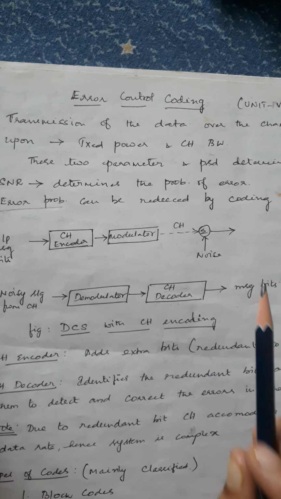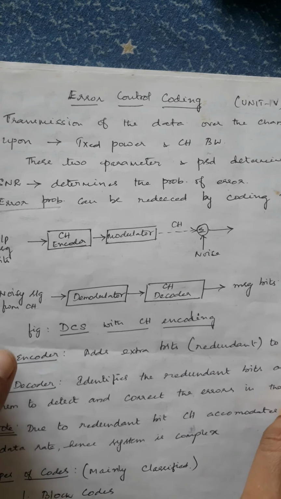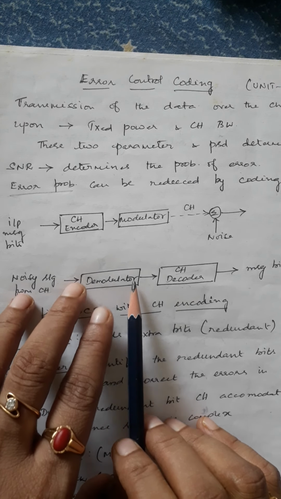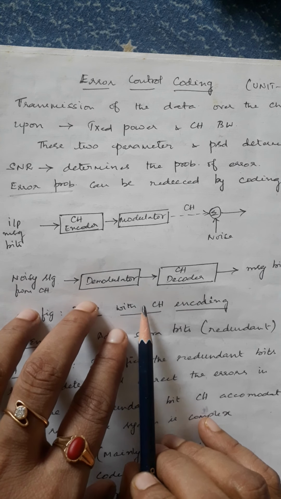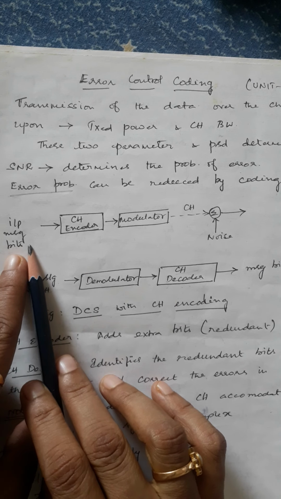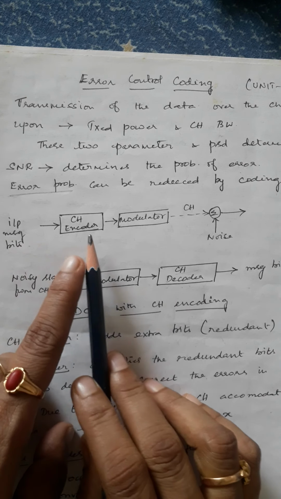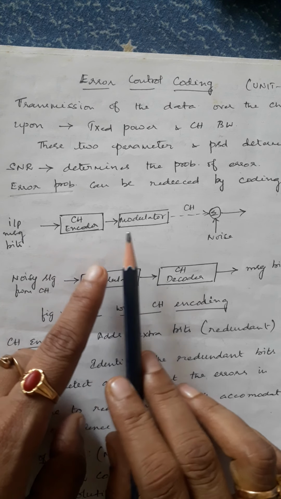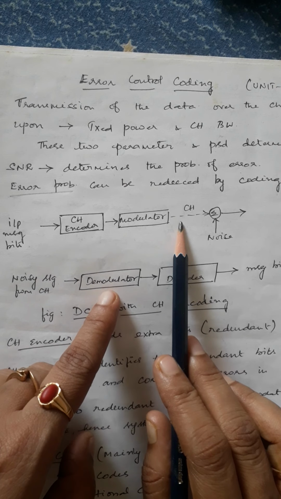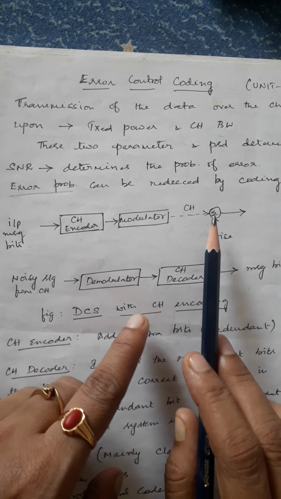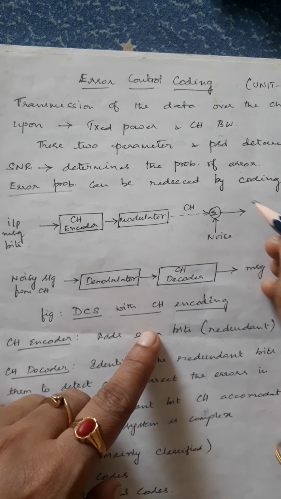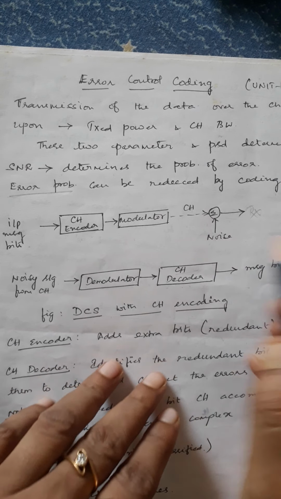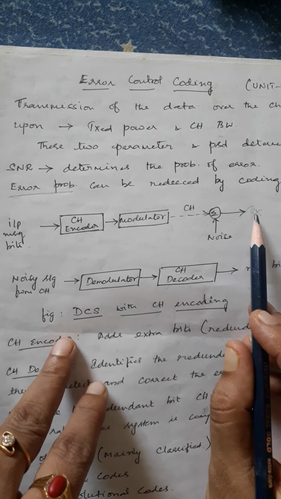So, what do you do in channel coding? How it is done: you see a simple digital communication system where the channel encoding is performed. Here you are going to have the input message signal. This has to be encoded by means of a channel encoder and then modulated and put onto the channel. In the channel there is a possibility of noise getting added, and you are going to transmit. So, after transmission you are going to receive this. So, this is being received.